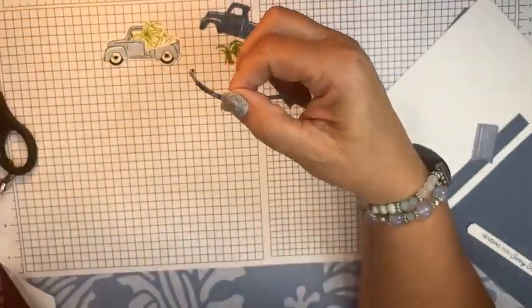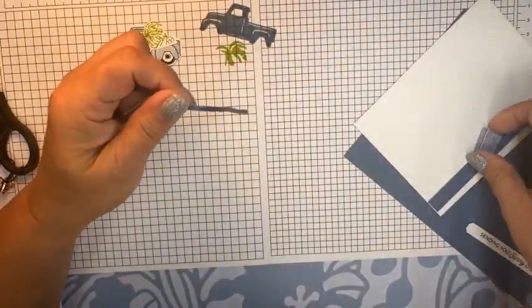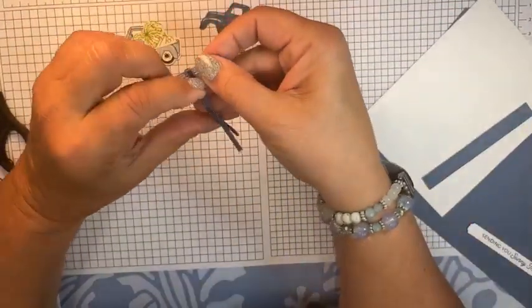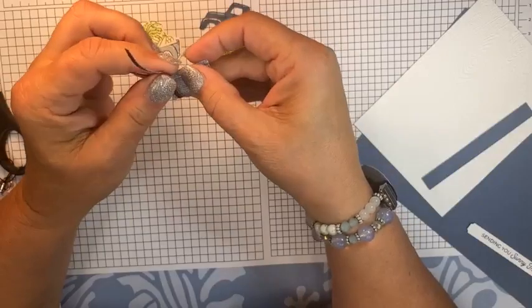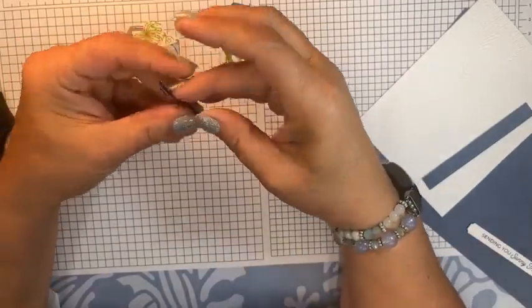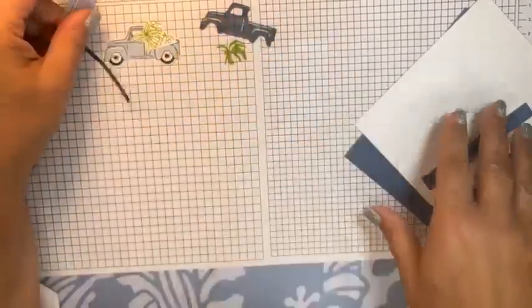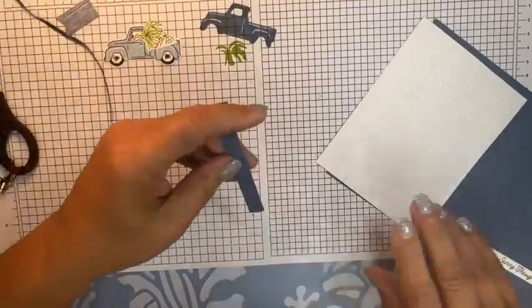I'm going to start by tying this. I didn't tie it in a bow because I thought some people in the class might want to wrap it around here and tie it. And I think I might, just because nobody in class did, and I would like to see what it looks like that way. So I am going to start by